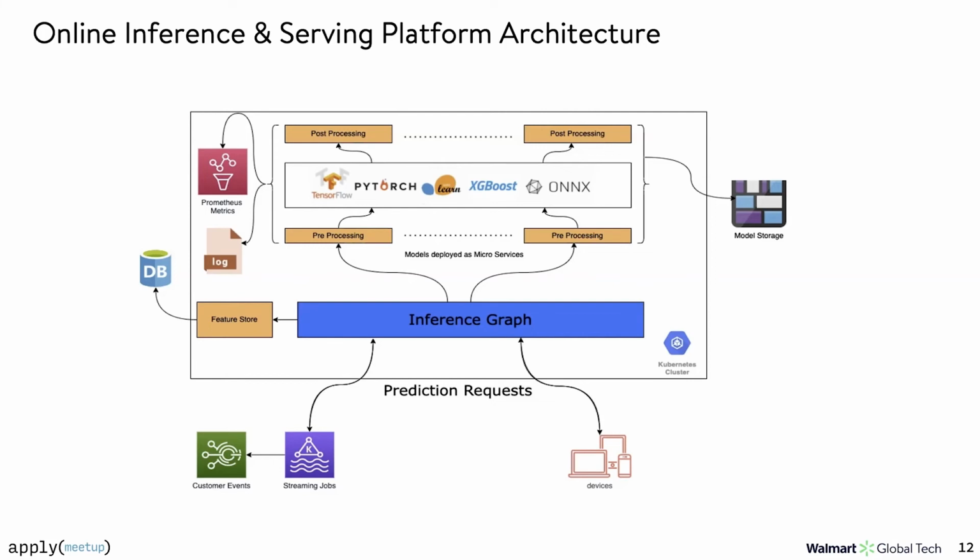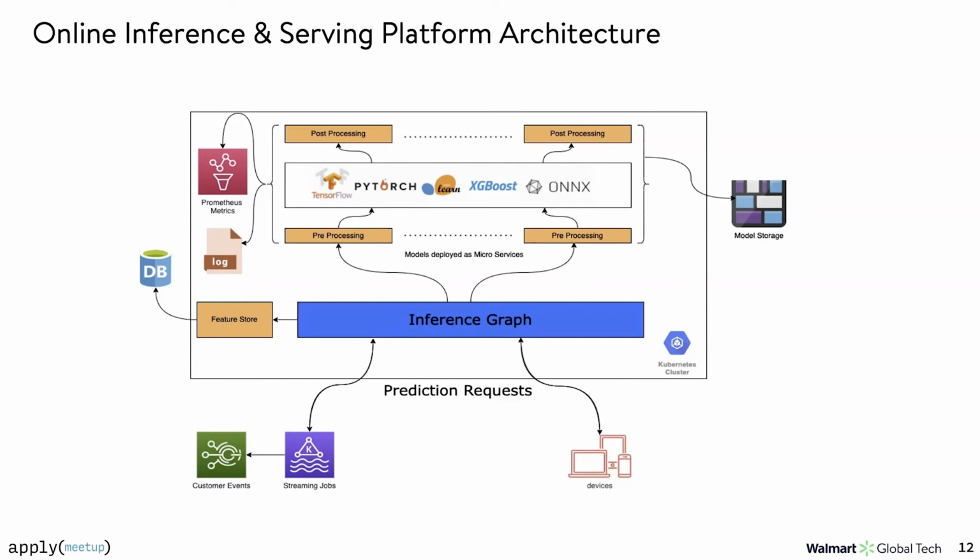So the main idea of the inference graph was there are two things. One is we want to expose human readable APIs to all our clients, because majority of the time the models usually take embedding vectors or features which are probably not easily understood by the engineers, ML engineers, data scientists, or whoever is working on the model. But to build a platform, you need to have proper human readable APIs. So this inference graph exposes gRPC or REST APIs,